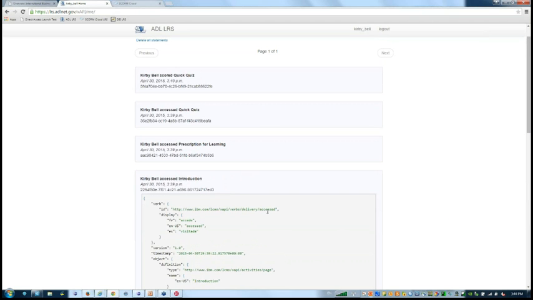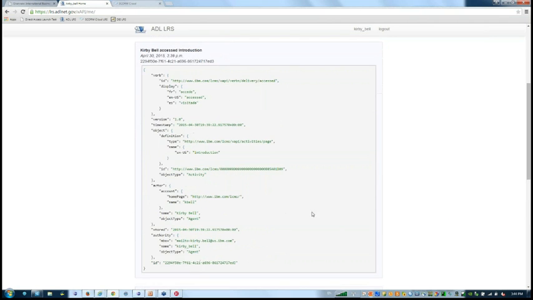That is a verb, accessed. Just to show you the rest of the statement, the actor was my user that I'm logged in as, Kirby Bell. The verb was IBM accessed, and the object was a page named introduction with this ID.